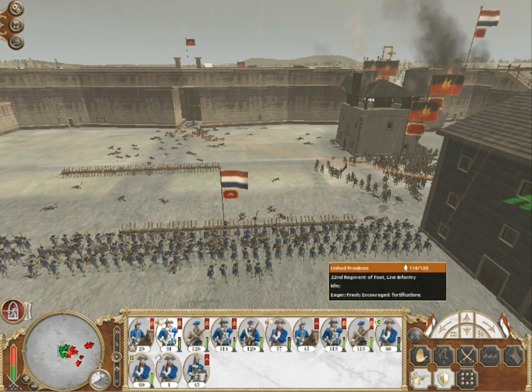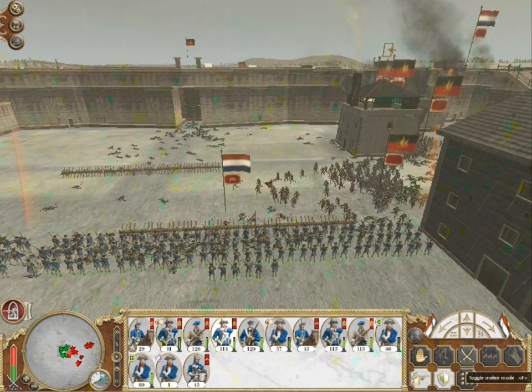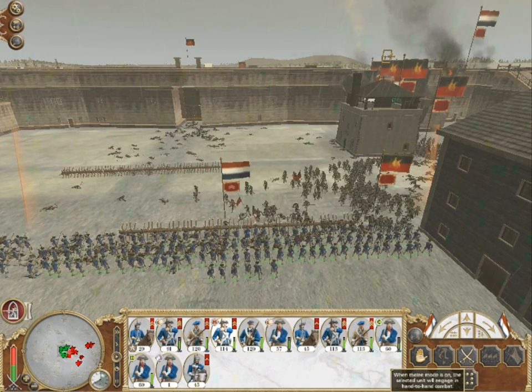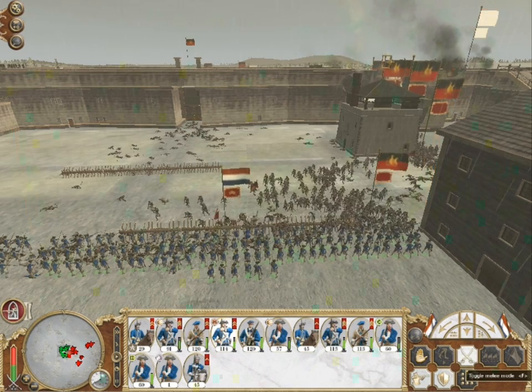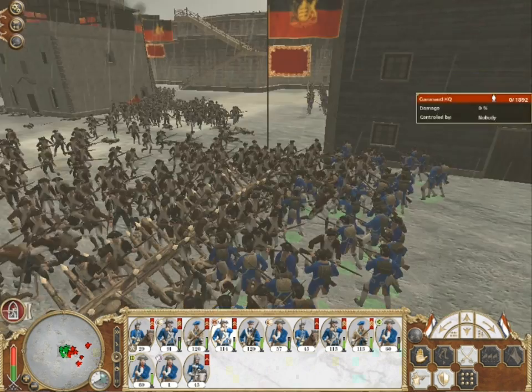His artillery has knocked down the wall. This is the third wave of attacks, by the way, from the Wurttemburgers, where they've attacked us at the turn end. We're behind the Chevaux de Frise, as you can see there. They don't seem to be sending any cavalry in at all, or hardly any cavalry, so...